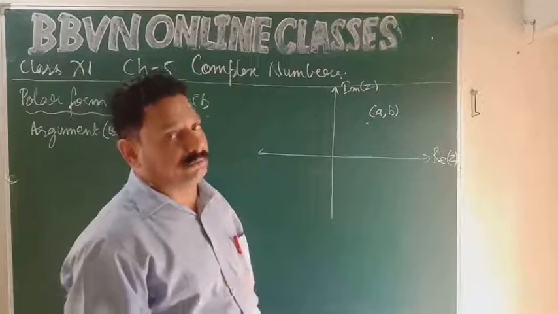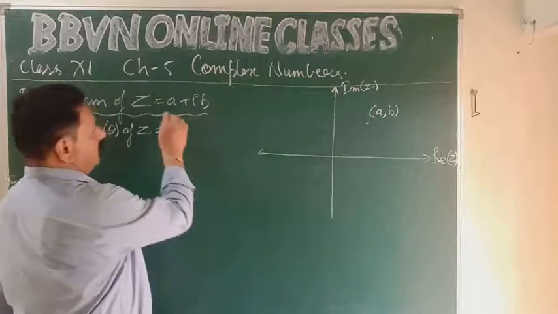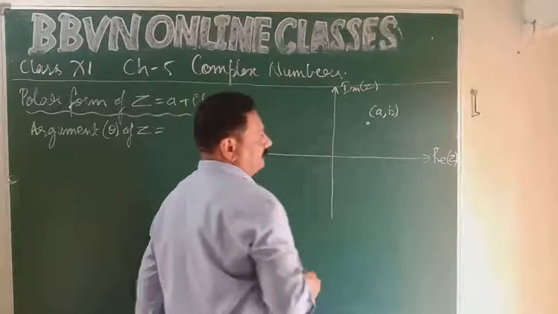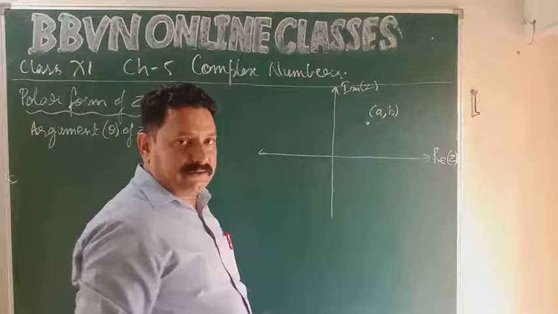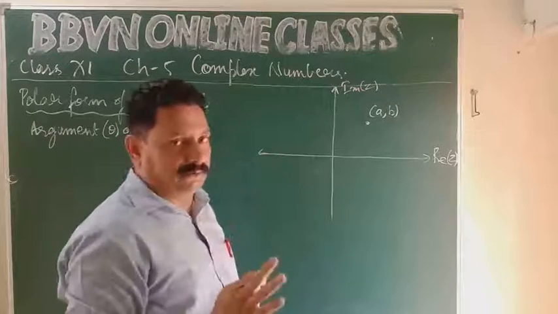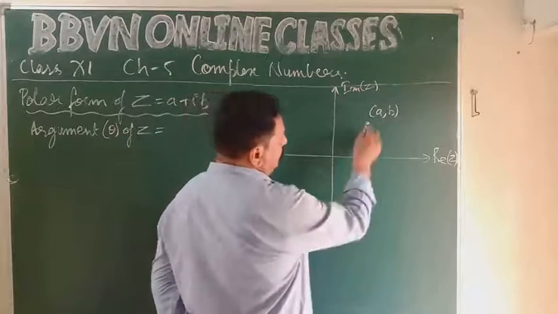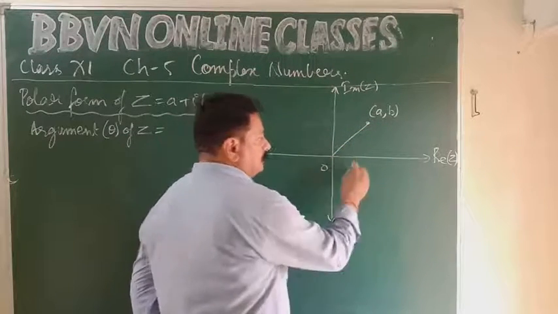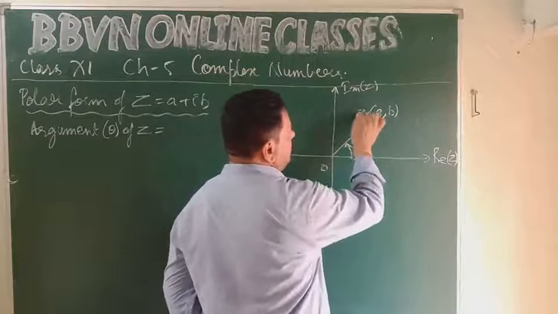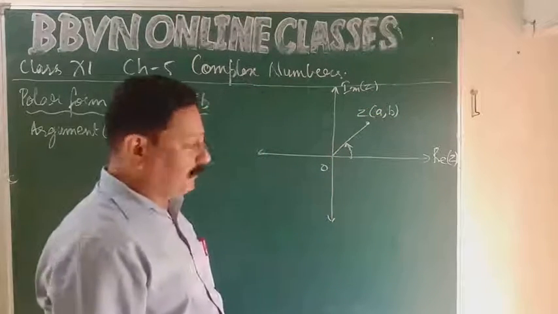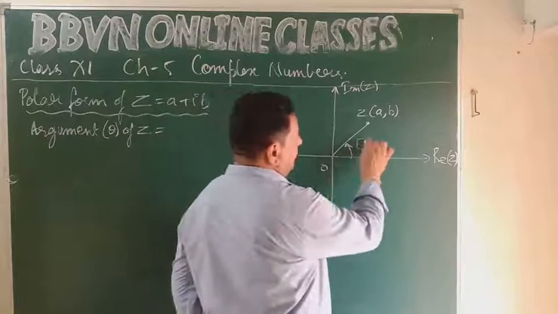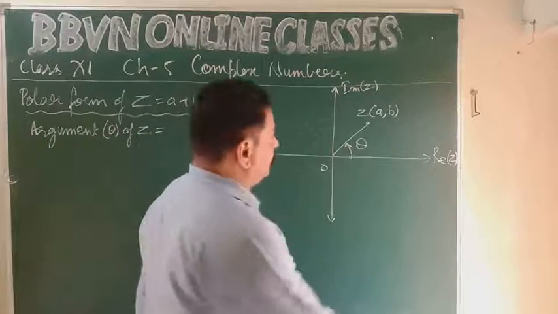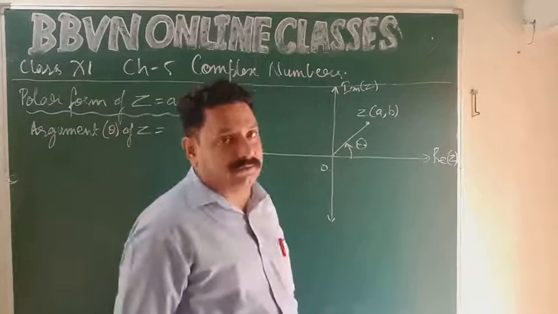तो हम समझते हैं argument होता क्या है पहले. Suppose you have a complex number z equal to a plus iota b. So in the argand plane, it is represented by a point a comma b, where a is the real part of z and b is the imaginary part on the vertical axis, that is y axis. So I join this point with the origin. Okay. So there is an angle formed. The line segment OZ forms an angle theta in the anti-clockwise direction, that is positive direction from the x-axis. This theta is called the argument of z.